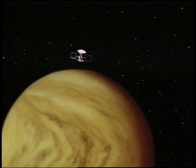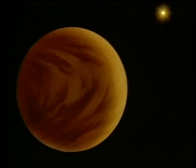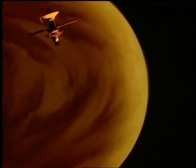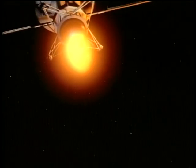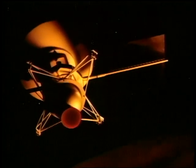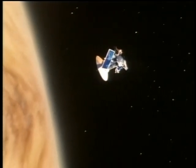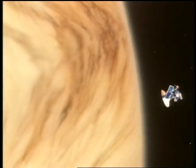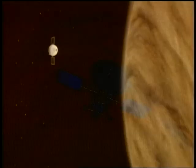After a 15-month-long cruise, the Magellan spacecraft will go into orbit around Venus on August 10th. A solid rocket motor will ignite as the spacecraft dips behind Venus, slowing its velocity and putting it into orbit. For the first 20 days in orbit, Magellan will be tested and its orbit trimmed before its high-resolution radar begins